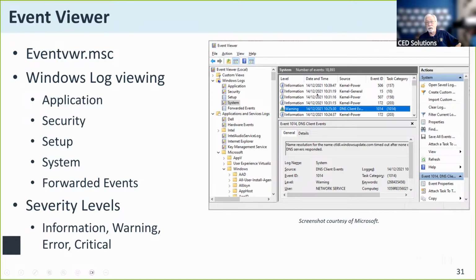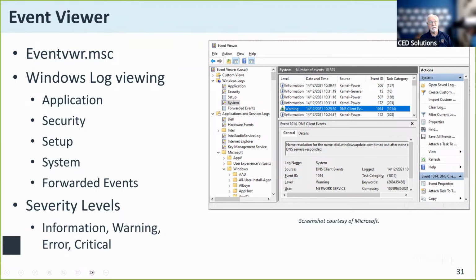Now, this will show me messages, warning messages, critical messages. You'll find with just a cursory look in the event files that probably 75–80% of the messages that show up here are informational. From a security aspect, they don't have any security value whatsoever. When you start looking at the error and the critical messages that show up here, those are the ones you really want to pay attention to.